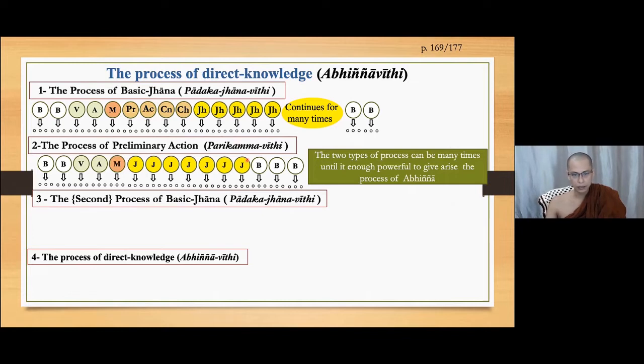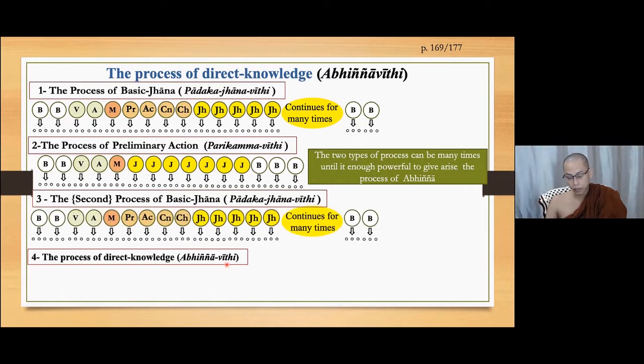After that, he makes the resolution by the process of preliminary action, parikamma viti, again and again. And when it is powerful, close to the Abhidhamma viti, at that time, for some meditators, the Abhidhamma Pannadhikalankara arises, the fifth jhana viti again. So this basic jhana process, the second time of basic jhana process after the preliminary action, can be skipped for those who are expert